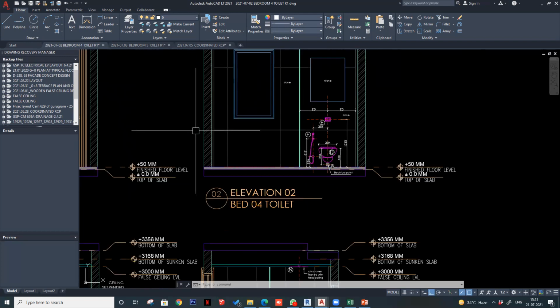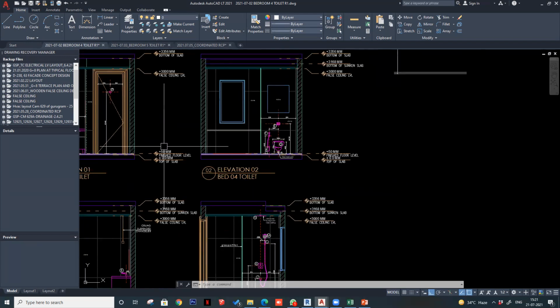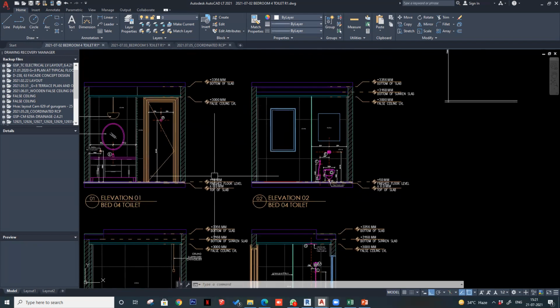Okay, then we are also having magnifying mirror and defogger and heated towel racks. So all these things require electricity, and you'll have to first check in your electrical drawings that provisions for these have been given or not.